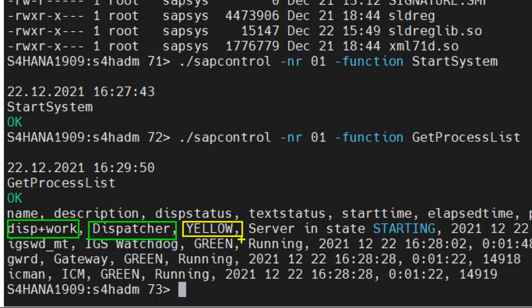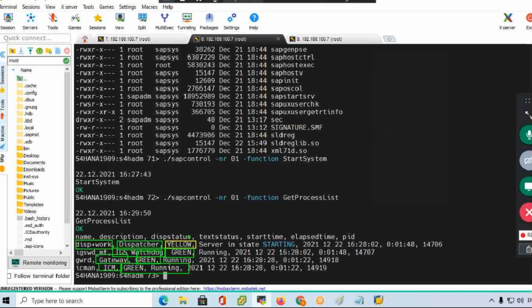The dispatcher is in yellow, and the IGS gateway service, that is green, so completely started. Gateway green, that is already running. Internet Communication Manager ICM green, that is running. But the dispatcher should be green only, so we need to wait some time.